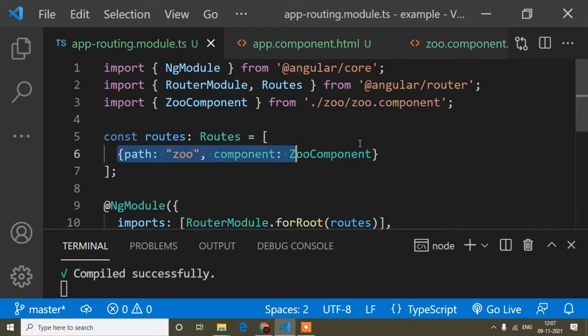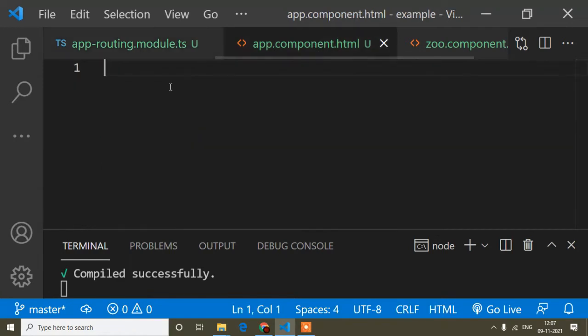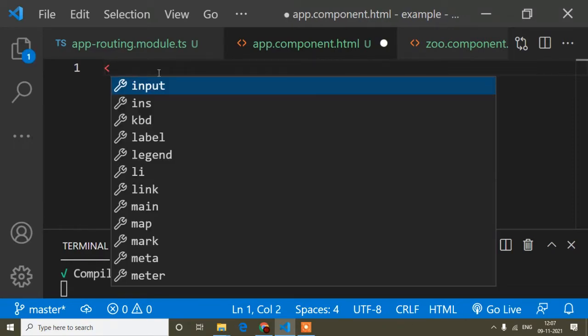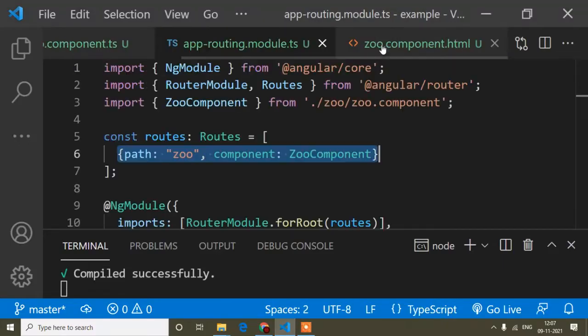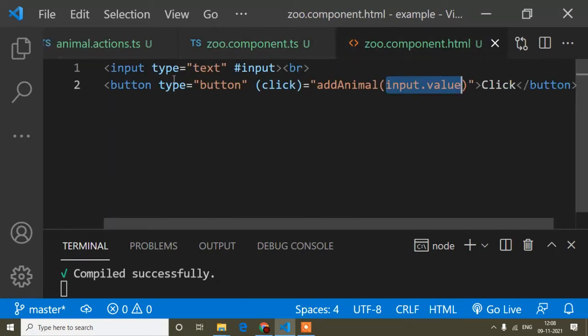Okay, so I have created this route, but this component has to be opened in our app component.html file. So I have opened this app component.html file. For the routing path, when we want to open it, we just write router outlet like this. So now if I open, you can see the input field and button are created, right? I will close this app component and this routing. I actually forgot to create the route already, and I should have created it already because this video is going long.